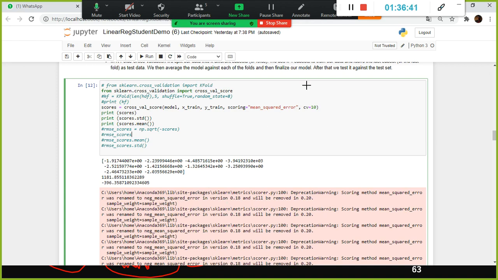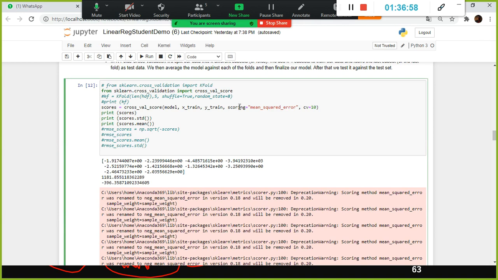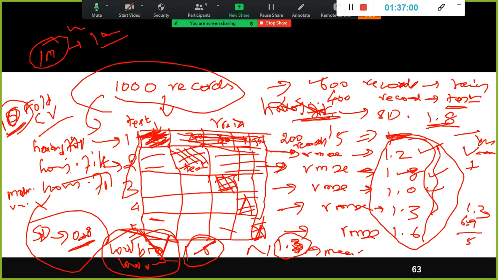So when will you use k-fold cross validation? Supposing you don't have sufficient test data set, you can use it. If your given data set is very small, in that case also you can perform k-fold cross validation. But in general, before you deploy the model, you can perform cross validation and then you take the call.